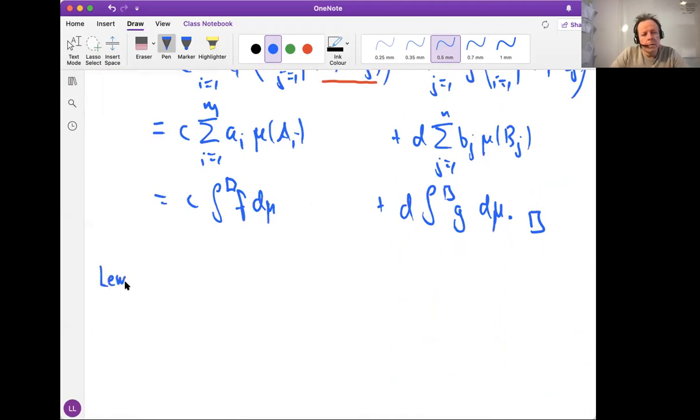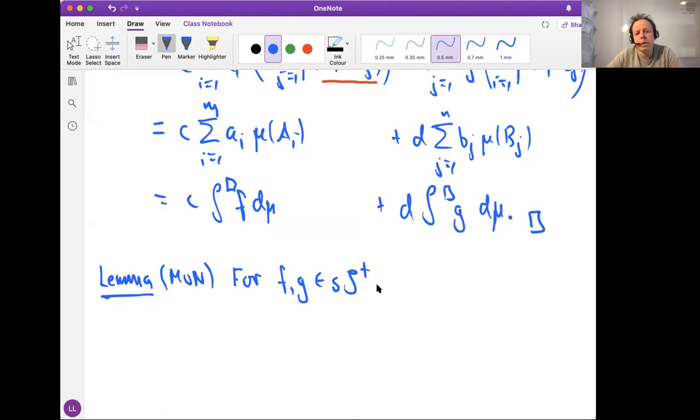Then let's do one more lemma, which is the monotonicity. The claim is that for any f and g being in this simple domain, so simple, measurable, and non-negative, so finite range, non-negative, and measurable functions f and g,